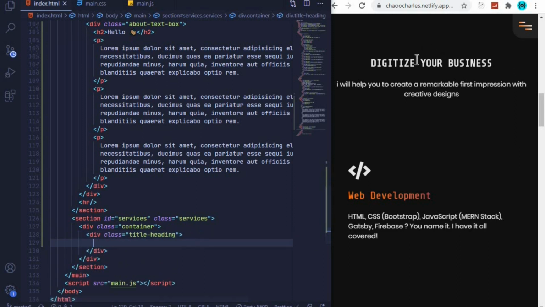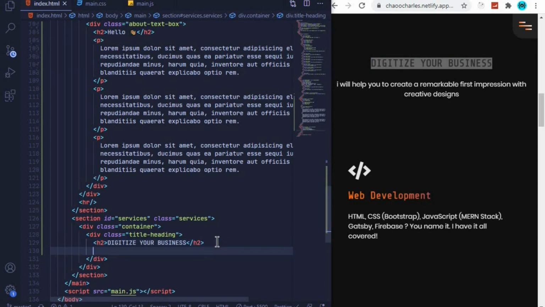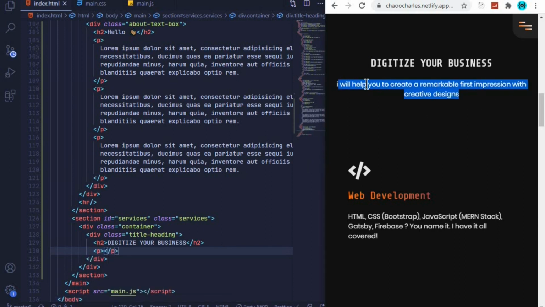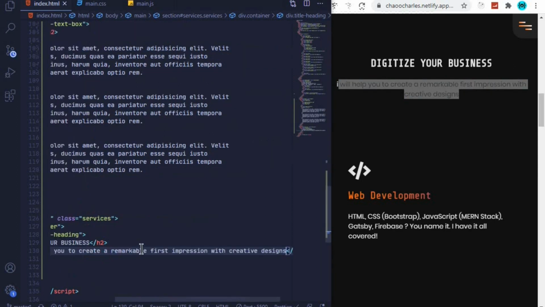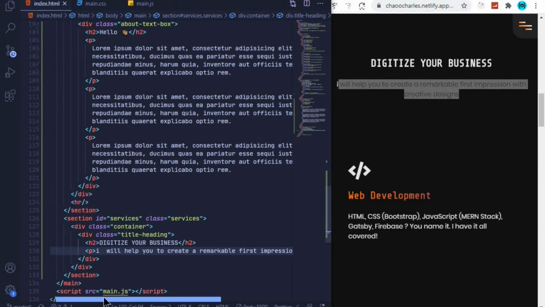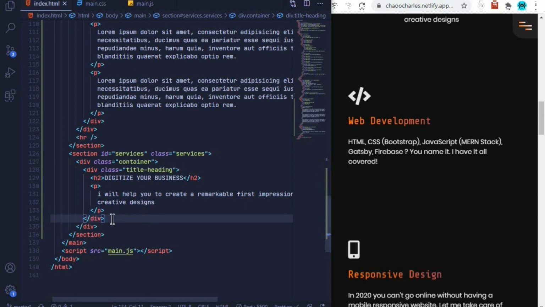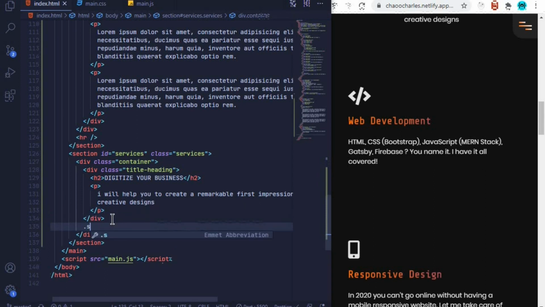In here we will add an h2. So the h2 will be digitize your business. So I'll copy that and paste it here, and then we'll have a p tag which will have this text. I'll just copy and paste it here, and then just after this div I will add another div with a class of service hyphen tiles, enter,